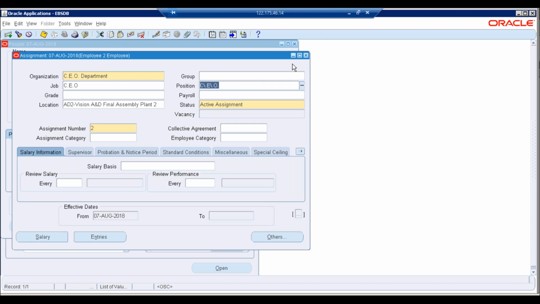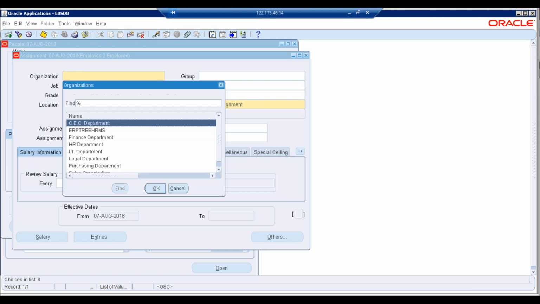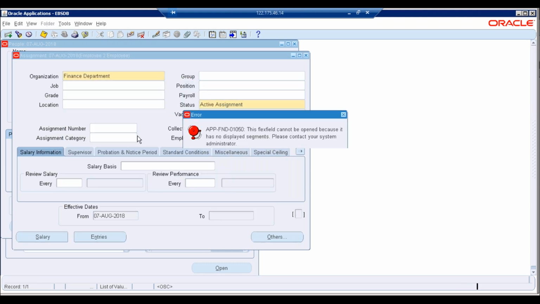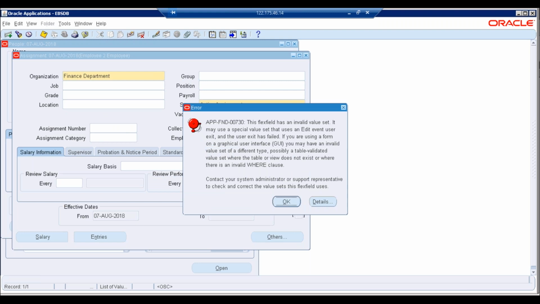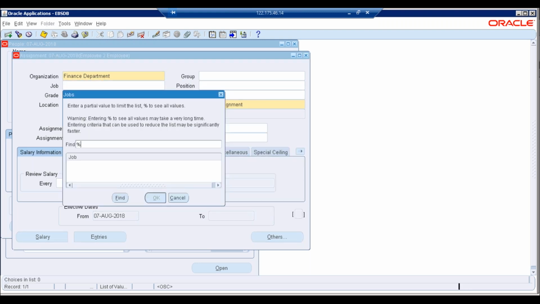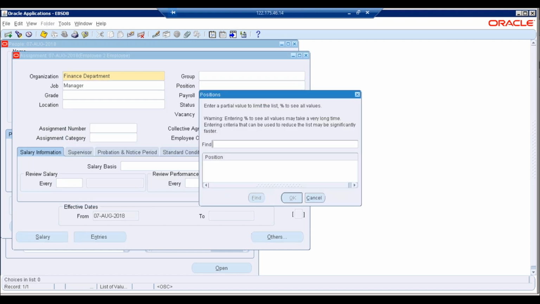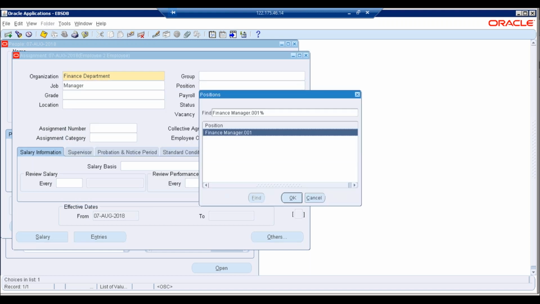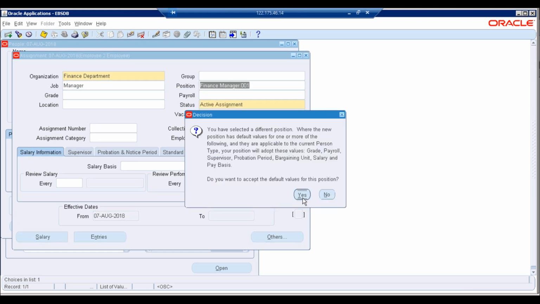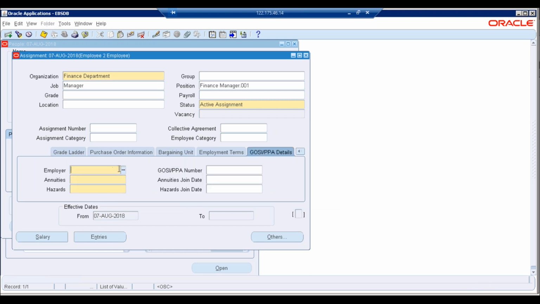So here you cannot assign this position. Just make it clear, and then you can assign the IT department or finance department. Let's take the finance department. So finance manager, this position. Under the finance department, under the job, how many positions have we created? Only one. That's called finance manager. Okay. So here this employer should be